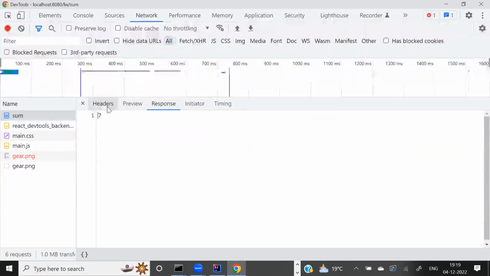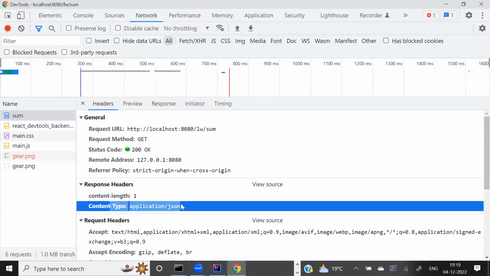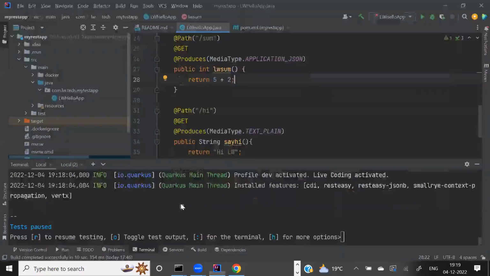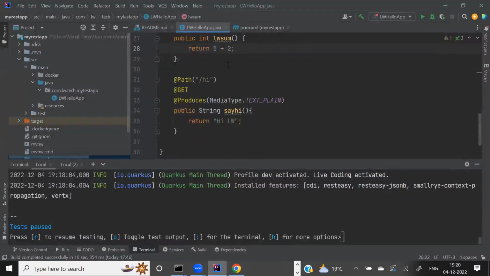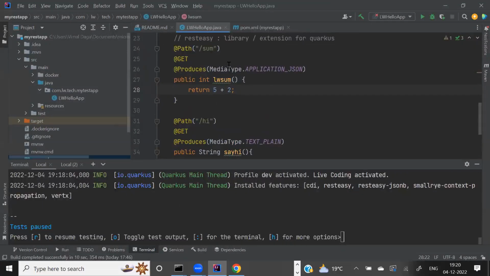Other services normally want data in JSON format, but here only values are coming up. Only a value does not make sense. So in the next class, I am going to add some key there, so other applications can consume it and use it properly. That is part of your program, the developer part. You don't have to worry about it. The developer will do it. We'll see in the next class how to add this key.